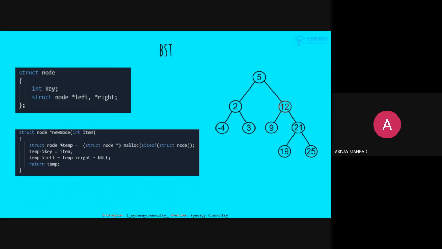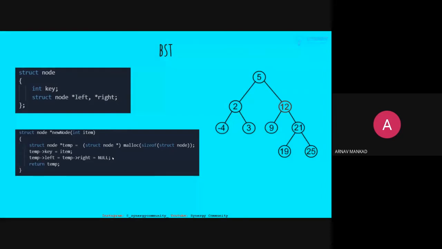Then to create a new node, we use the malloc function to allocate the data whenever we require it. We store the item which we have passed in the function in the key, and we set the left and right as null, because whenever we insert, it doesn't have children, and we finally return that created node.